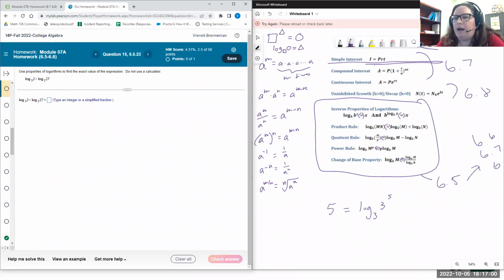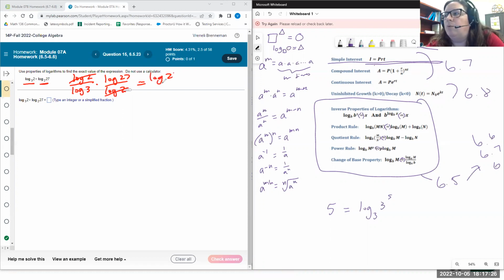To evaluate without a calculator, you wouldn't be able to do that log base 3 of 2. 2 isn't a power of 3. 27 isn't a power of 2. But when we use the change of base formula and I change the base on each of these, I would have log 2 over log 3 times log 27 over log 2, then these log 2's cancel out. This becomes log 27 over log 3, and then I can either apply the change of base formula